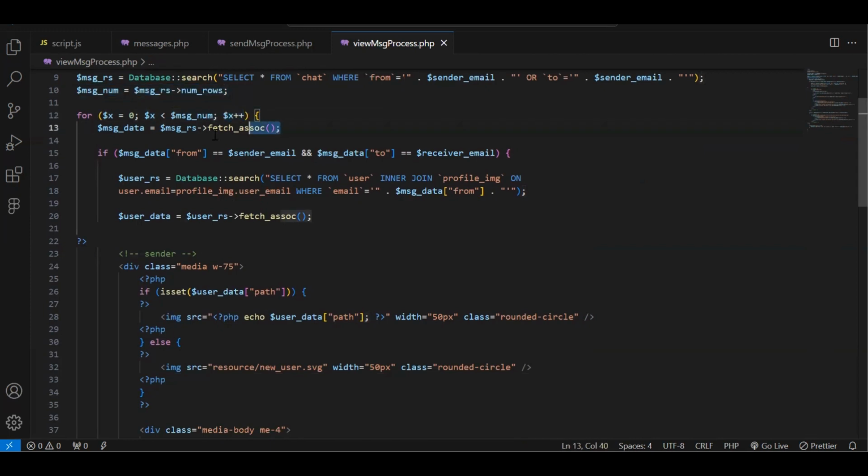And then I have obtained the result that's stored in the message result set through the fetch assoc and stored that in a variable called message data. And by using the if condition I have checked whether the from that's stored in the message data is equal to the sender email, and the to mail that's stored in the message data is equal to the receiver email,